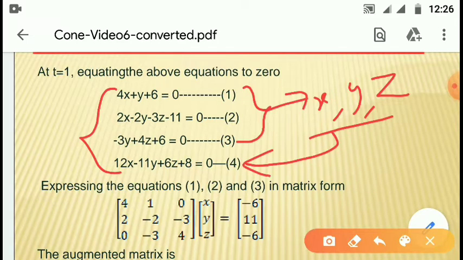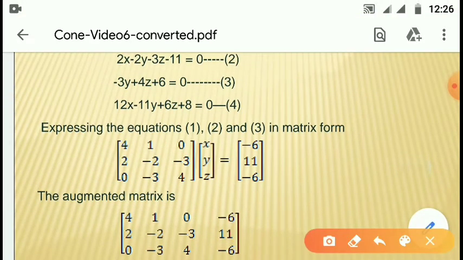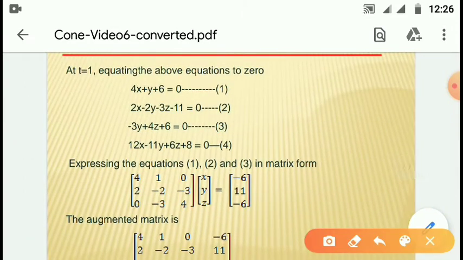If the fourth equation is satisfied by these values, then the four equations are consistent, and these values also give the vertex of the cone. So to solve the first three equations, we take matrix form,